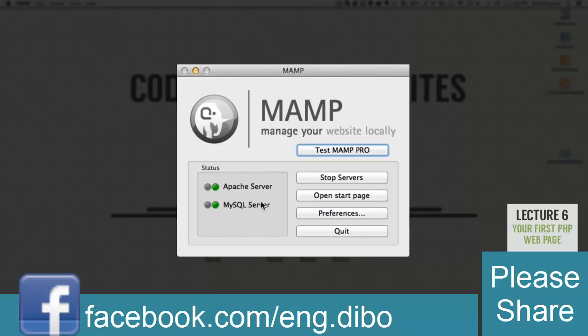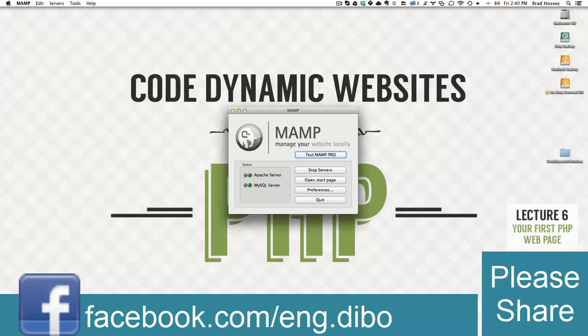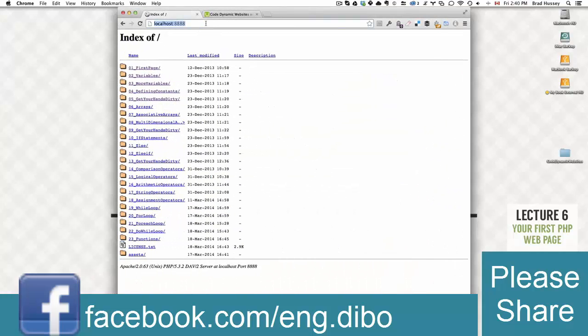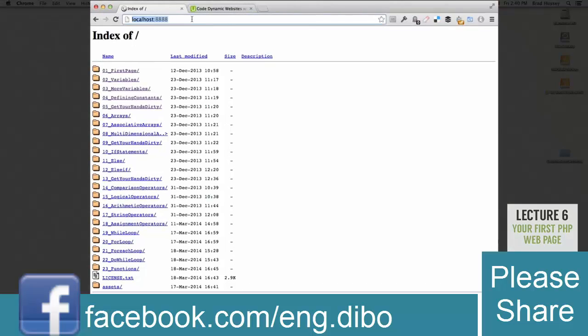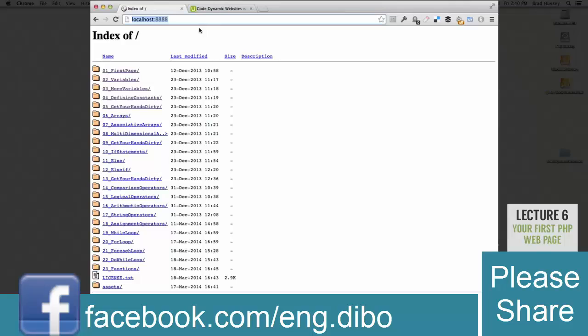At this point, you should be able to open up your browser of choice. In my case, I am using Google Chrome. And if you type in your address bar, localhost, port 8888, when I say port, I mean the colon. That's web speak or programmer speak for this. So localhost, port 8888. Then hit enter or return, and you should be at the index or the document root